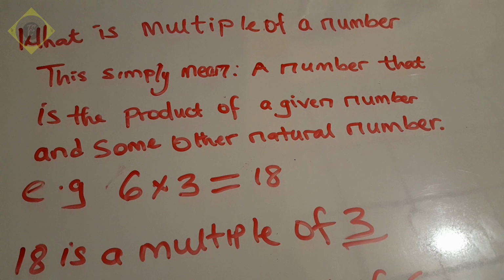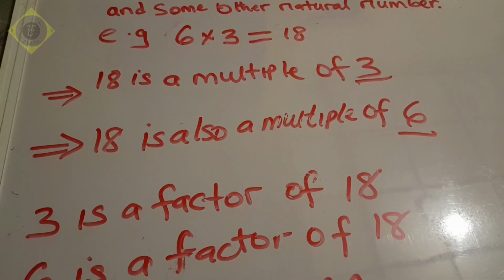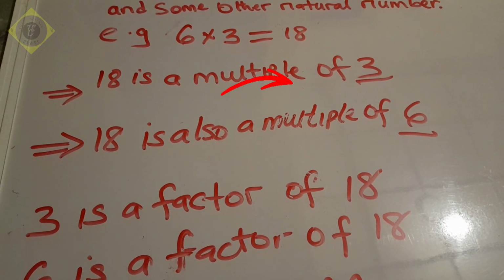An example of a multiple is when you have 6 times 3, for example, is 18. 6 times 3 is 18. So, 18 is a multiple of 3. And 18 is also a multiple of 6. What this means is that